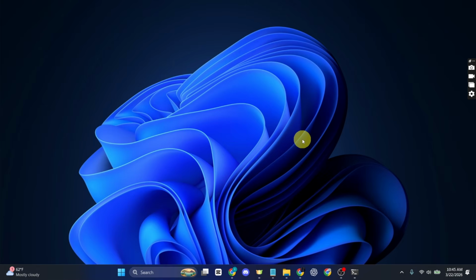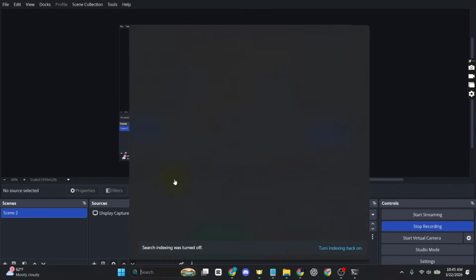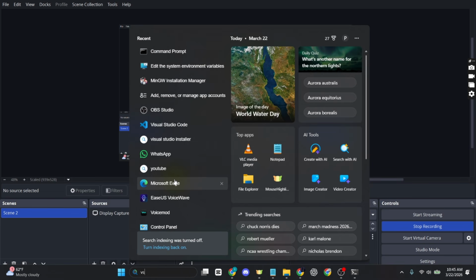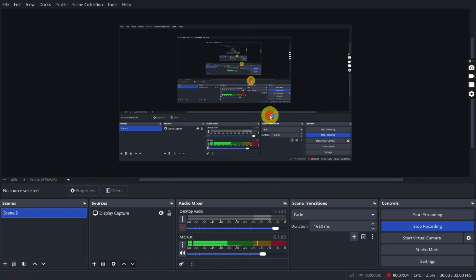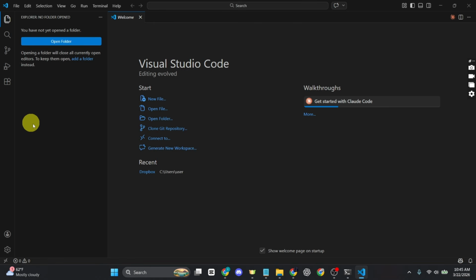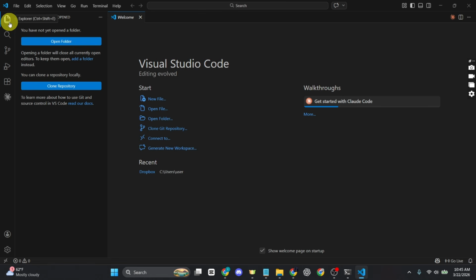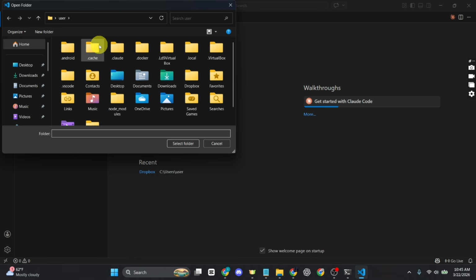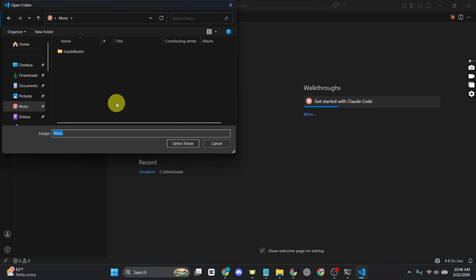Now with VS Code installed, the next step is to connect it with C and C++. Now just open your VS Code, just type VS Code and open it. And after the VS Code is open, just go to the Explorer icon and click on Open Folder. And now you can create any folder anywhere you like. Let's say I want to create it under music, and after the folder is selected, just click on Select Folder